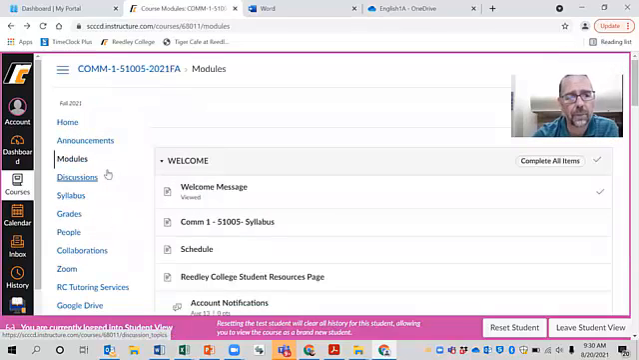I think the important ones are: know where your home button is, know about announcements, definitely know about modules, because that's where the meat of your course is, and then know how to check your grades so you can see if you're missing anything or you need to catch up on anything. But I want to go back to home